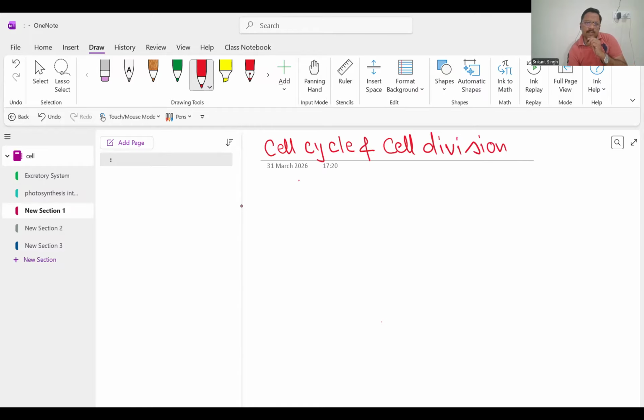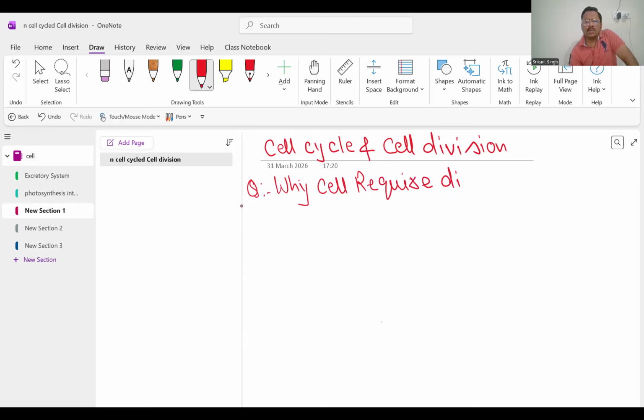Now, the question arises, beta, why is a cell going to require cell division? Why do cells require or need division? The answer is: first is